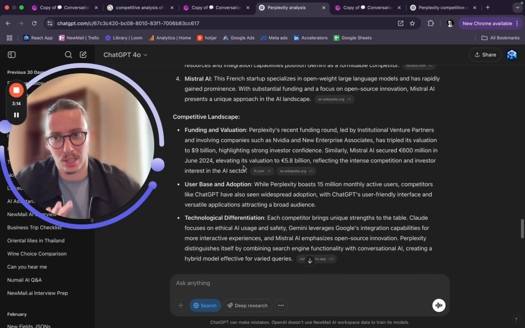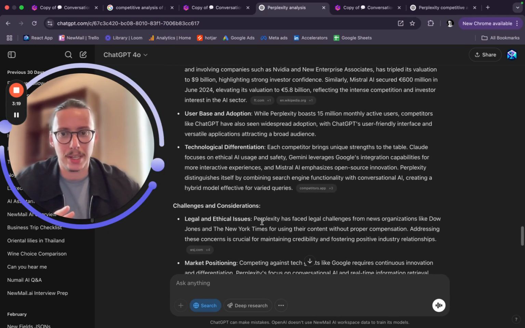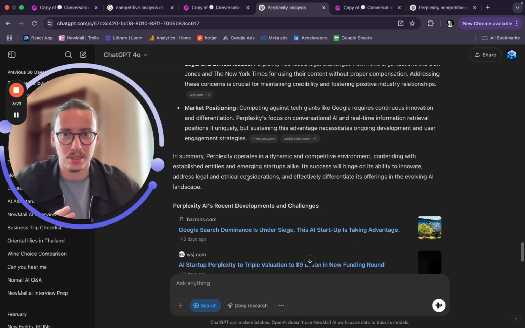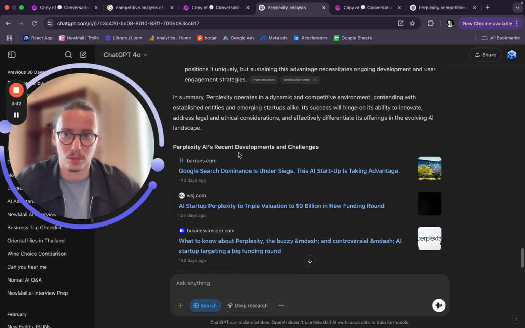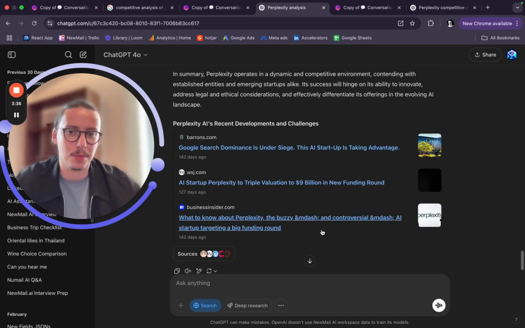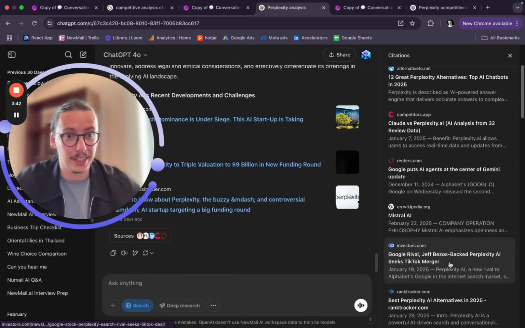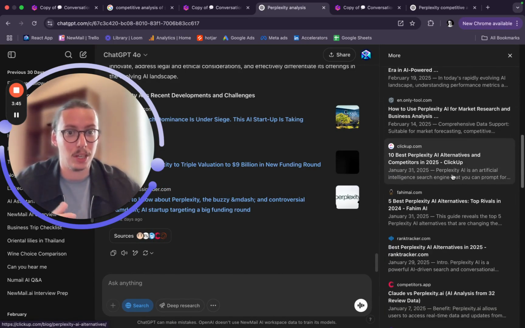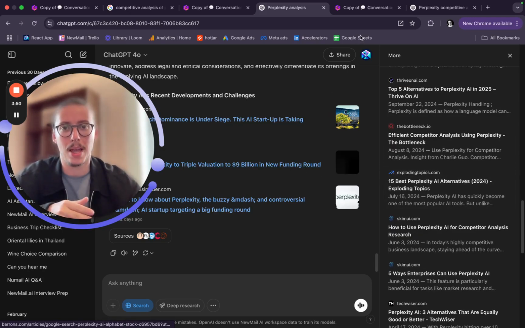and then it actually develops a little bit further with funding, user base, challenges and considerations, market positioning, tech giants like Google, right? So Google is actually a better competitor, and we're going to see the last result with the agentic approach. And then it gives me also its sources, and it said that it looked up Perplexity, and then I can look into these myself, but you can see that this copilot has done many more steps for me